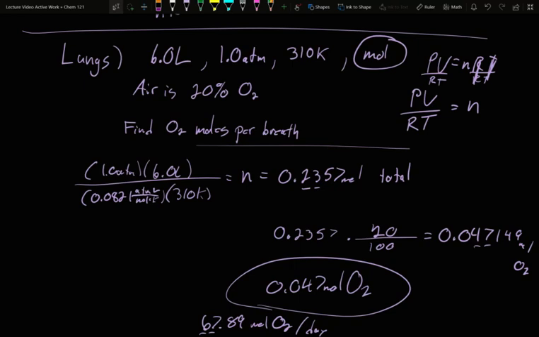And while you might breathe 68 moles of O2 per day, you actually don't use all of it. On any given breath, you probably use maybe a fifth of it. There's a reason you can have a rebreather that scrubs carbon dioxide out of things. We don't actually use most of the dioxygen per breath. So realistically, you use way less than 68 moles of O2 in a day. There's a few examples